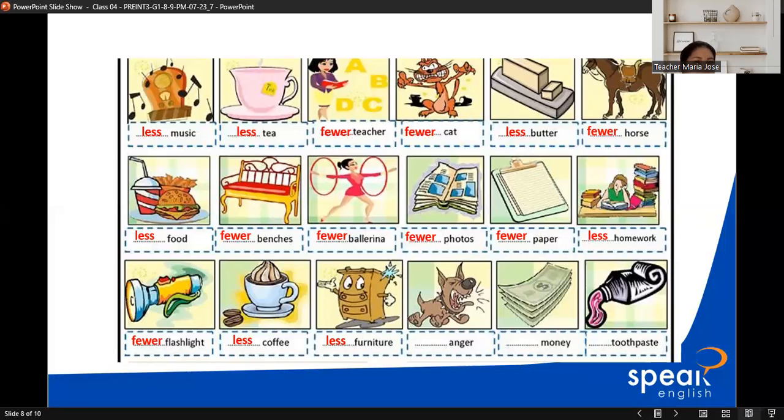What about... teacher, I have a question. Tell me. Furniture, what is the meaning? Everything that you have in your house, like the beds, the tables, the chairs, the sofas. Let me see what else? The cupboards, if you have cupboards, closets, everything that is related to the things that you have in the house. Not electronics, just the other things that you have in the house. Okay. It would be like mueble. Exactly. Okay.